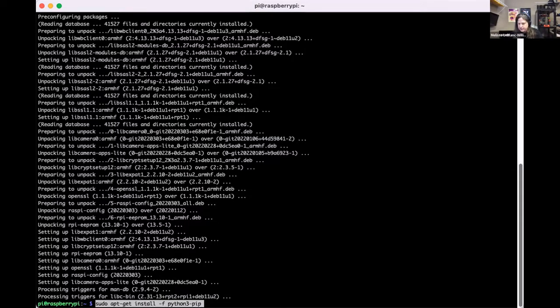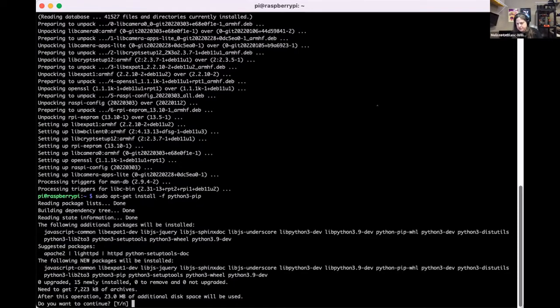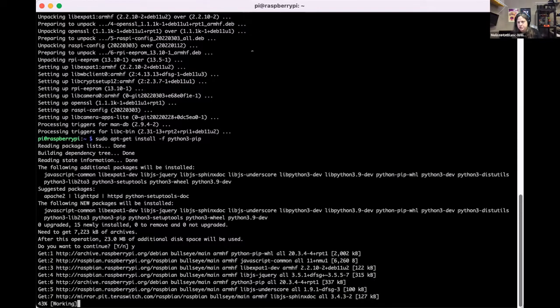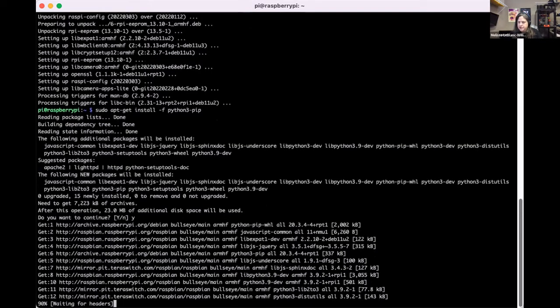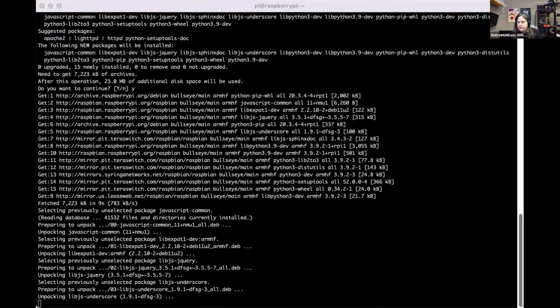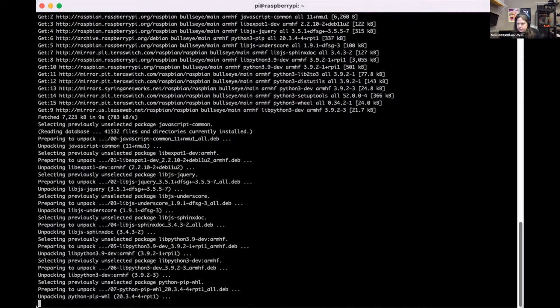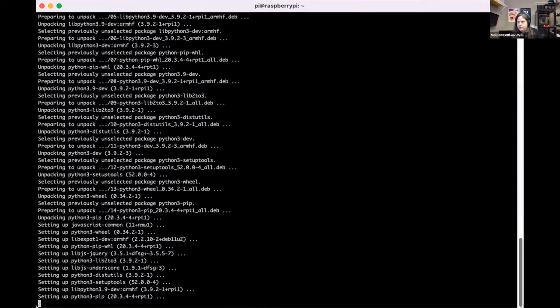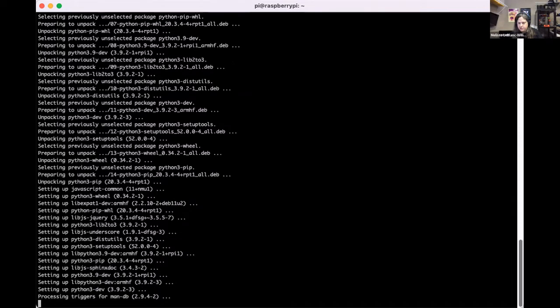So we're going to go ahead and install pip, which also installs Python 3 as the package manager, because it does not come on the Lite installation. That just takes a minute to do. Once that's installed, we're going to use pip to install a couple extra Python packages, which will help here.